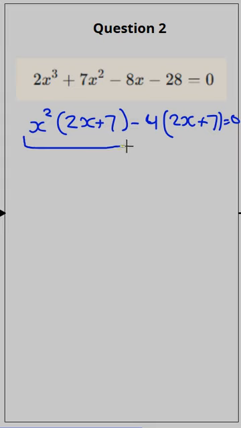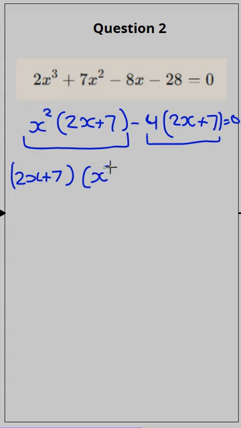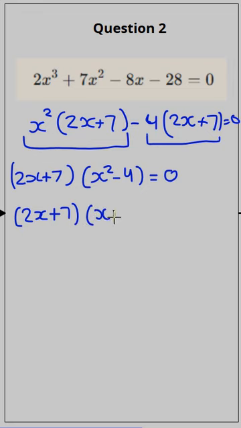Then what will you do? Again, here to here and here to here you have a common factor, that is 2x plus 7. Then here what will be left? Here x squared minus 4. So x squared minus 4 equals 0. Then, as we did in the previous problem, first we will write 2x plus 7 as it is. Then x squared minus 4 will be written as x plus 2 times x minus 2